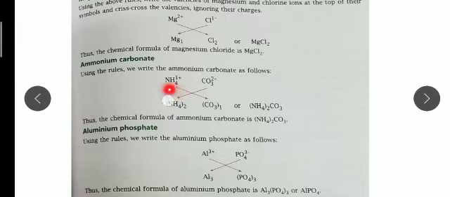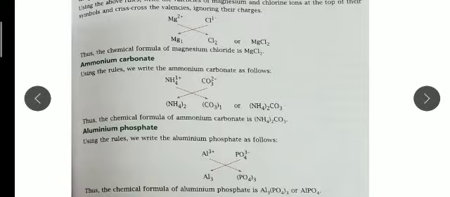Now, same as ammonium and carbonate, for ammonium carbonate the valency will interchange and then we will get ammonium carbonate. The carbonate valency goes to the ammonium, and the ammonium valency 1 goes to the carbonate. So like this we write NH4 in brackets, because it is made up of polyatomic ions, so many atoms are there. If we do not put the bracket, it will become H42. So that's why we have to write (NH4)2CO3.